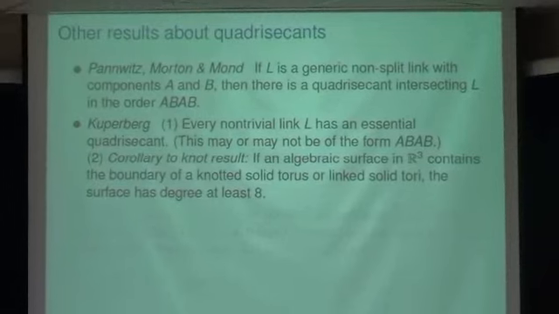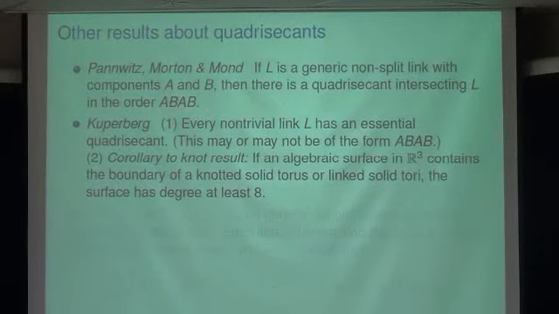And he didn't really talk about different components so much. You might have this or you might not. For example, if one of your components of your link is a knot, you'll automatically have your essential quadrisecant. So his was a more general result, but the point is it's gone from generic to every, and that's the